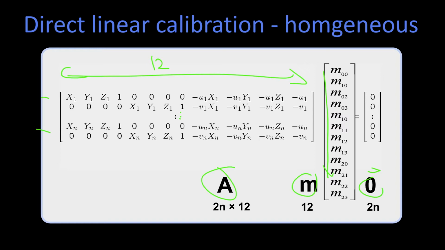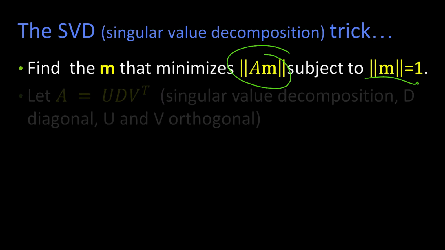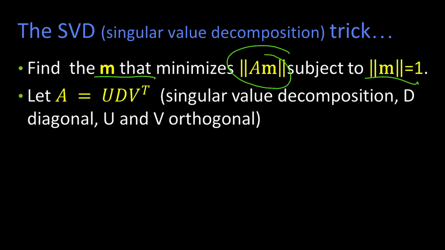Okay? So now let's talk about solving that. One step at a time here. All right, so here's our goal, right? We said we want a unit vector for m that minimizes Am. So let's do what's called a singular value decomposition, and I'm going to assume that you've seen that before, at